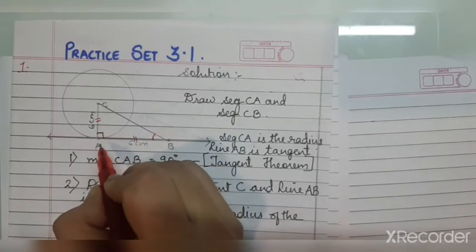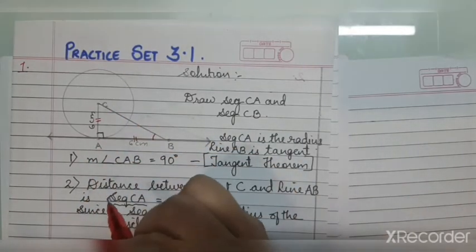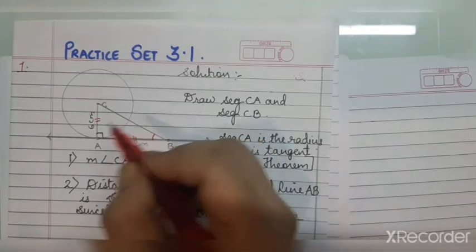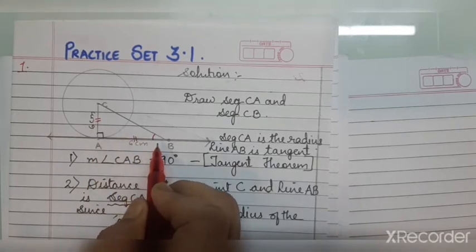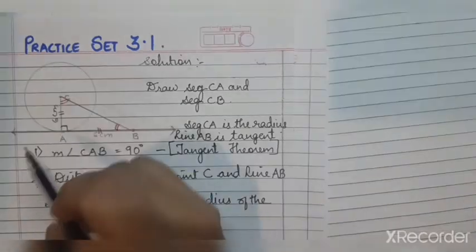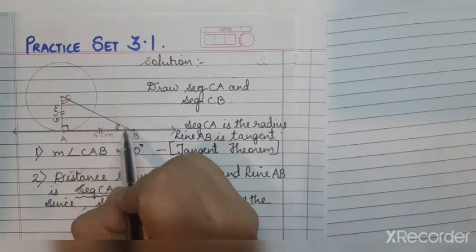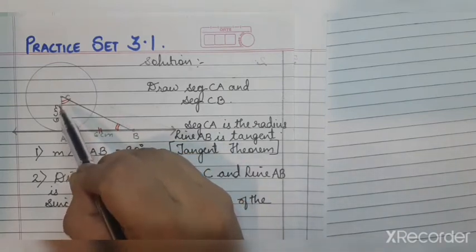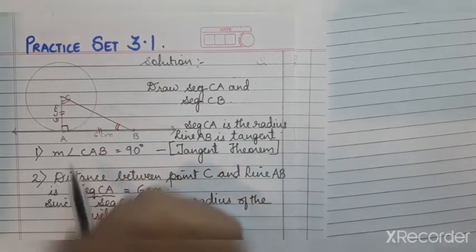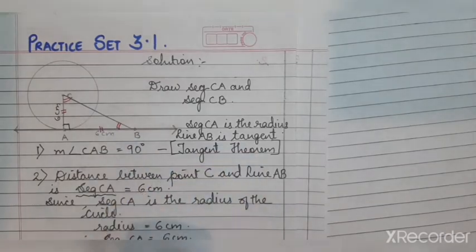Okay, so now if this is an isosceles triangle, the base angles of isosceles triangle are congruent, or the angles opposite to the congruent sides are congruent. So the angle opposite to the congruent side, that is this particular angle, angle ABC, is congruent to ACB. Now if ABC is congruent to ACB, and we know one angle is 90 degree, so let's see how we can get measure angle ABC. I think this information is enough for us to find measure angle ABC.